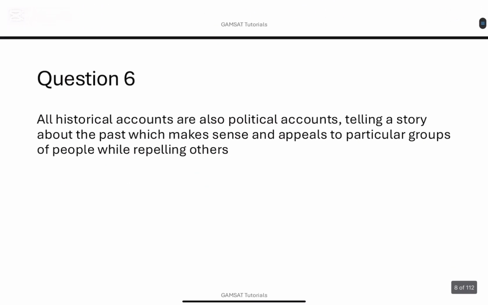Question 6. What are the connotations of the word political as it is used in the first line of comment 4? So let's have a look. All historical accounts are also political accounts, telling a story about the past which makes sense and appeals to a particular group of people while repelling others. So that's what it says. So comment 4. Again, we break down our double-barreled answers. So A,